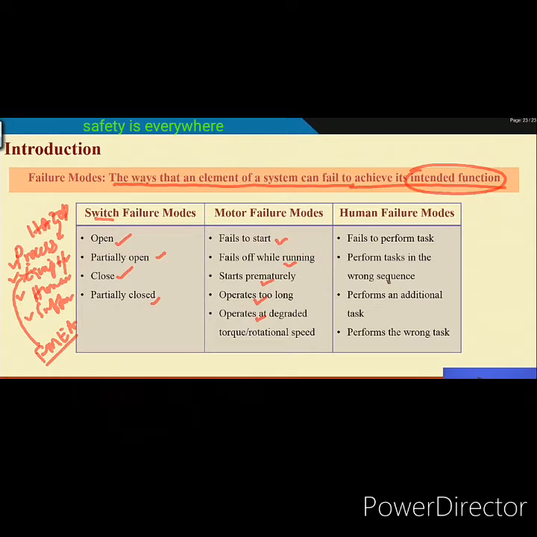If you see in PHA, we discussed the missile system, and you have seen how the missile head fails. Different structural failures we have also discussed.